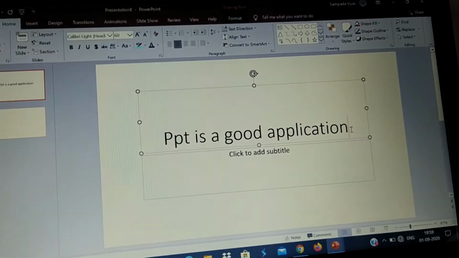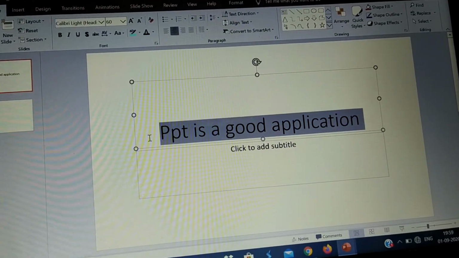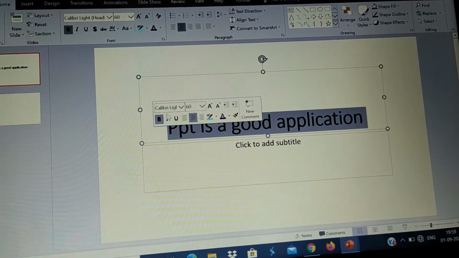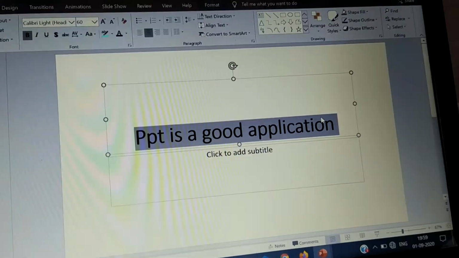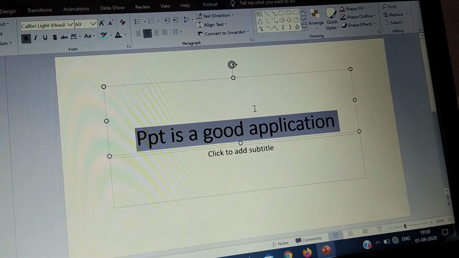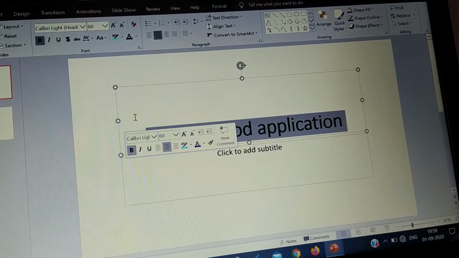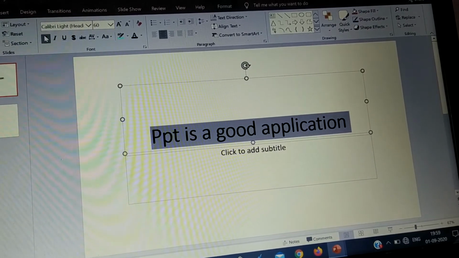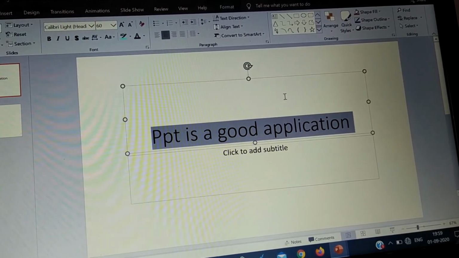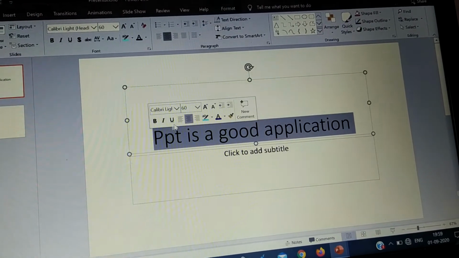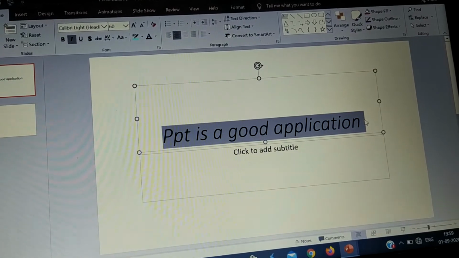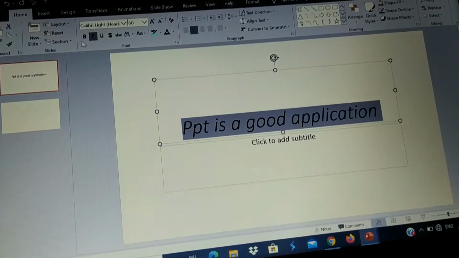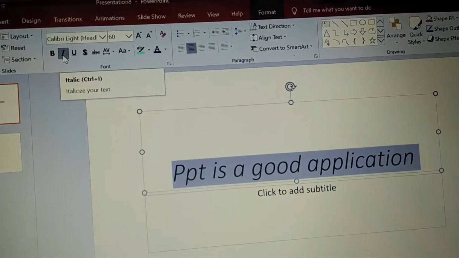If we want to bold this whole sentence, we can bold it by selecting it and clicking bold. If we want to unbold this whole sentence, then we have to select this whole sentence and click bold again. If you cannot select it, you can unbold from here also. Now we will make this italic. See, it has become italic. It will take some slope. Now we have done this in italic. If you do not want italic, then use the same process or do it from here.